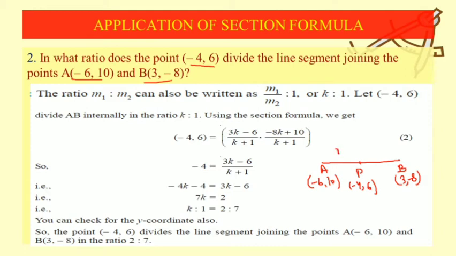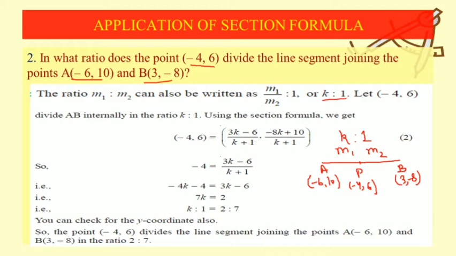So as we discussed, the ratio generally we take as m1 ratio m2, but for making our calculation easier and for doing question purposes, instead of m1 ratio m2 we take the ratio to be k ratio 1. So this makes our calculation work easier. So in such type of questions we will take the ratio as k ratio 1. Now in this figure you can see we have x1 y1, x2 y2, x and y also given, and we have the ratio k is to 1.